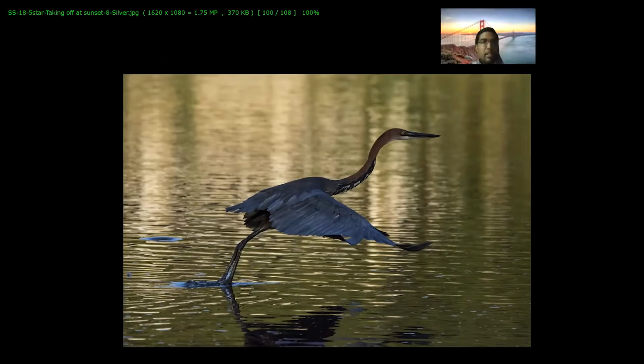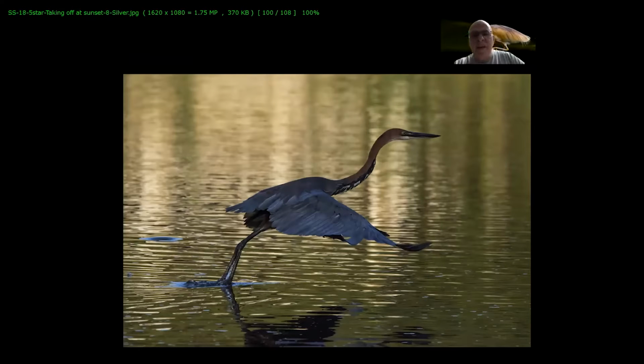5-star, taking off at sunset, silver. Yeah, great subject matter. This heron taking off certainly looks like the light is late evening or early morning. If I know Mkobi, where I think this was taken, it looks like the reflections you get at late evening. So I think the sun position might not be behind this bird,